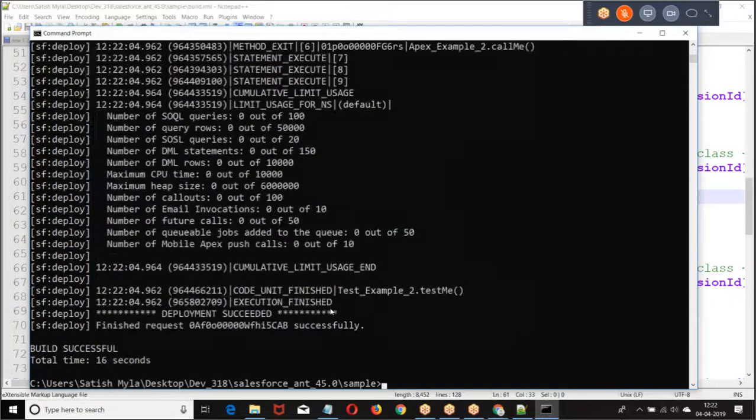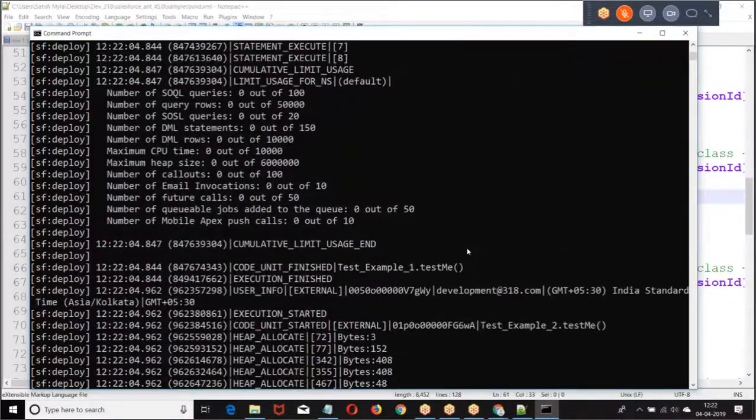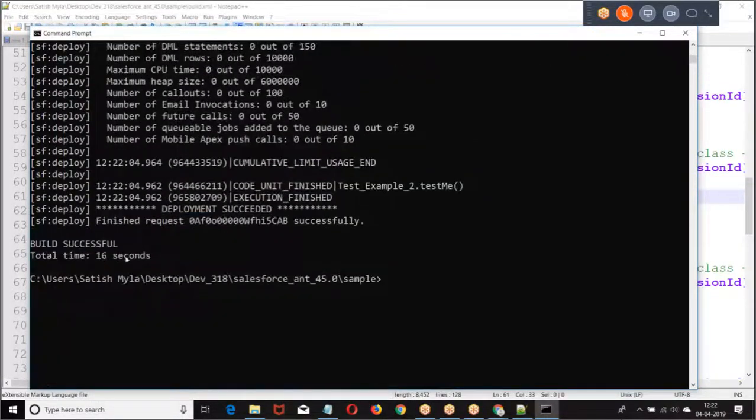Just get an idea. Tomorrow we'll see one more time. What was this? Build successful. Code was deployed successfully. It's the log file. The code was deployed successfully. Are you getting my point?